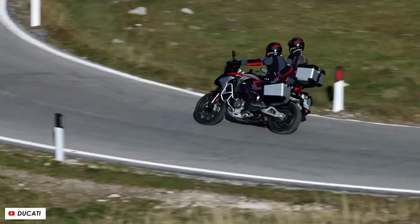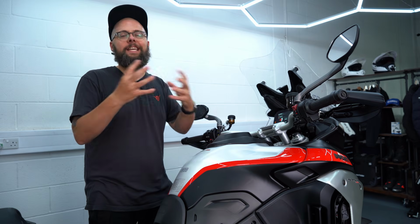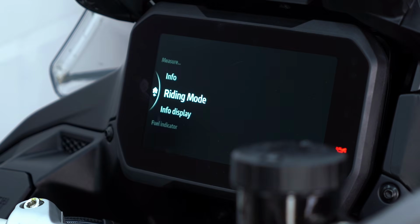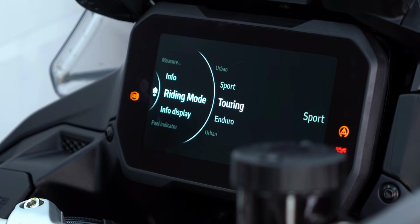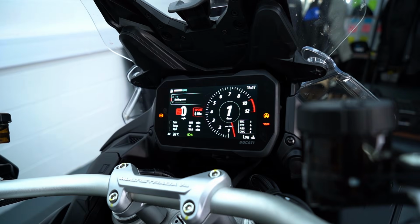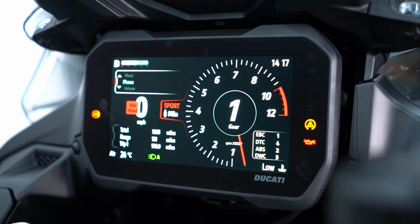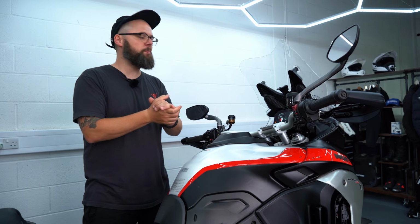And I've got to say as well, I think that Ducati have done a fantastic job of laying out the dash to make it easy to use and very clear, whilst at the same time not making it too simplistic and sterile. There's still a bit of emotion to it. It's got quite a sporty appearance in fact, but yeah, it's very clear to read, especially for a bike with so many features. So a great dash, and I think it's a good point at which to give a shout